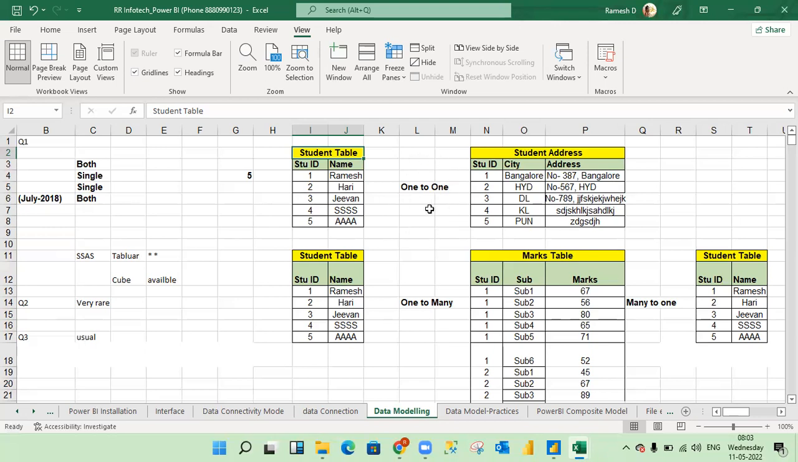Why do we have to select one-to-one only? You can see, if you observe 1, 2, 3, 4, 5, student ID is unique. If you compare this table, in this table also student ID is unique. Whenever the common key is unique between the tables,